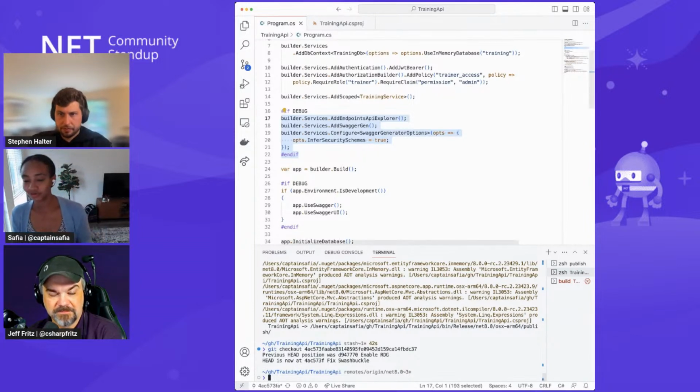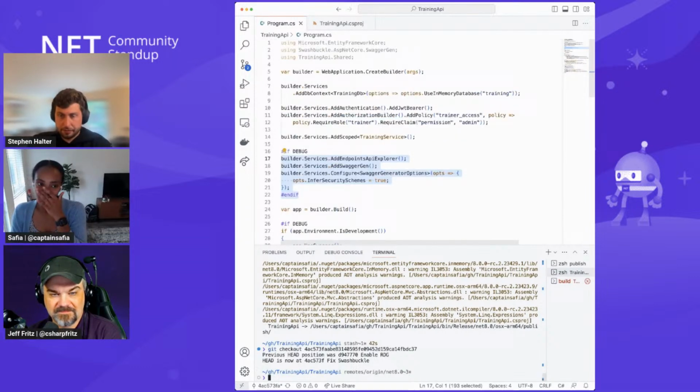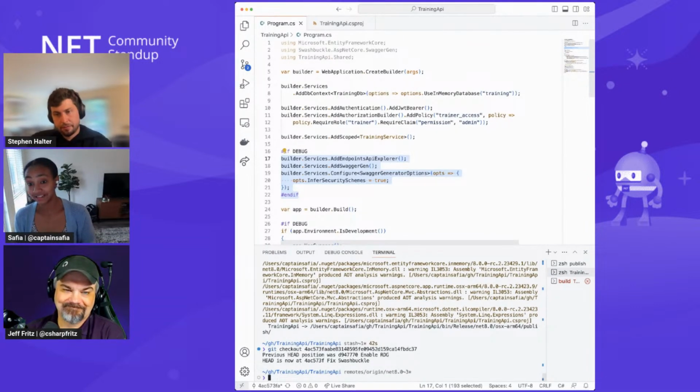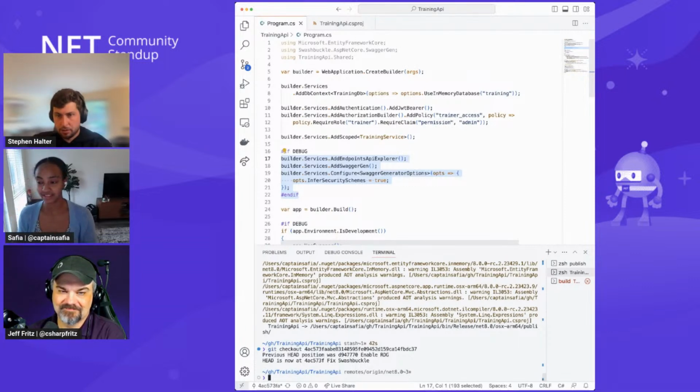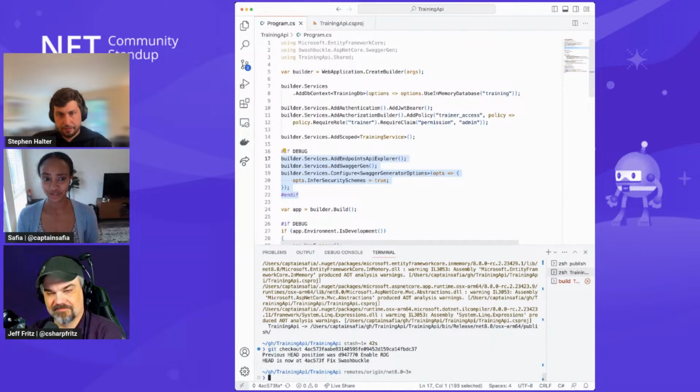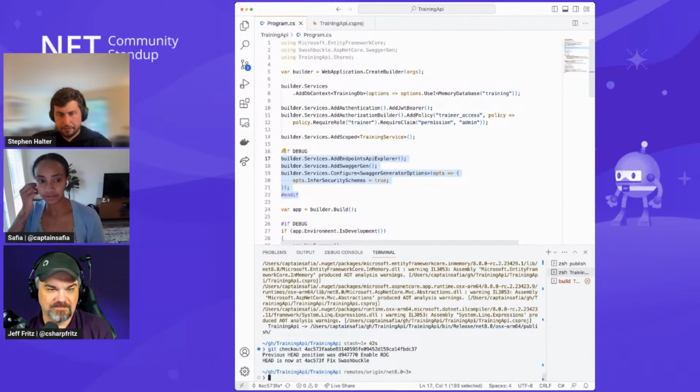Okay. There's two other things that we need to address in our application. One of them is the fact that I am using EF Core. EF Core is one of those things that is not quite set up for native AoT in .NET 8. There are issues on the EF Core repository that are tracking the work involved. It's a pretty huge undertaking. So if you're curious about that, check that out.